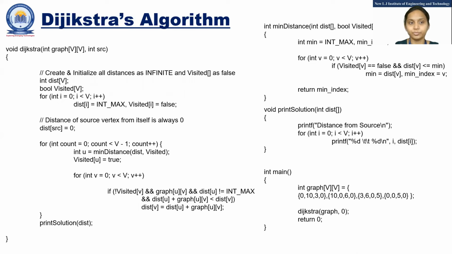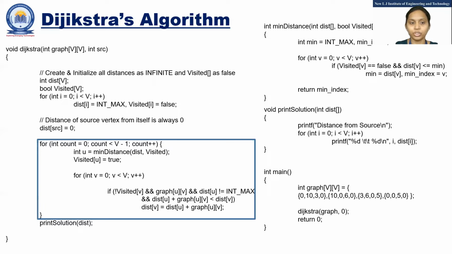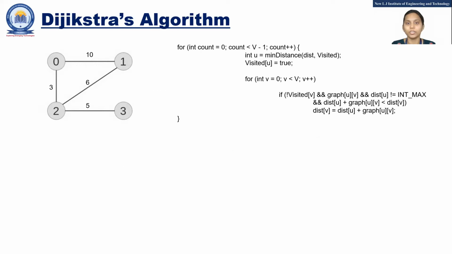This is the code with which you can find the Dijkstra. The code might look complex, but it is very easy. Let me take the logic which is important when we are finding the Dijkstra. This box I drew is important because only here does the logic lie. The rest is the simple initialization process. So let me zoom it out. This box is the same as this one. We are trying to understand how the distance from zero can be calculated.